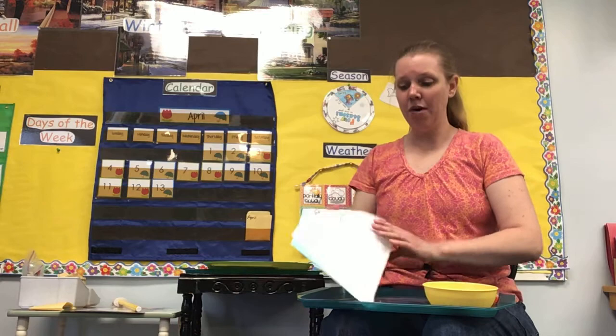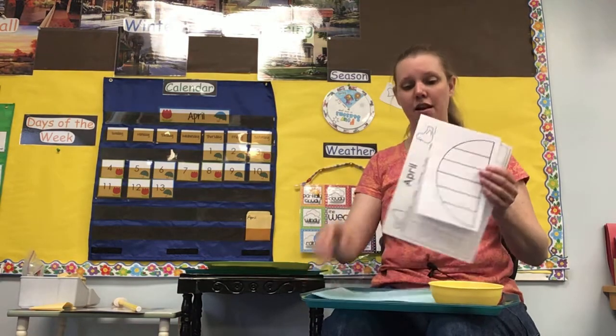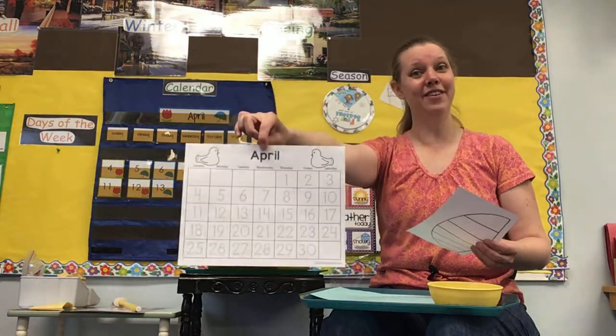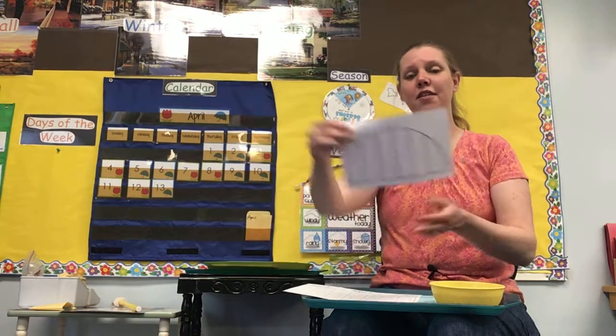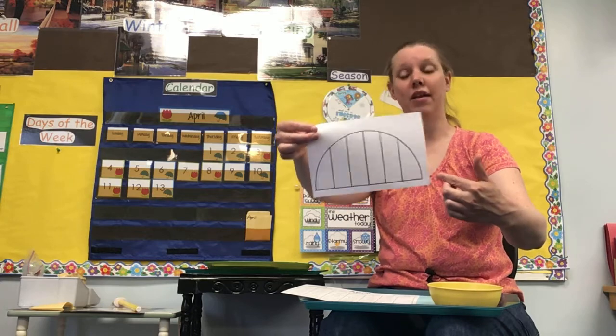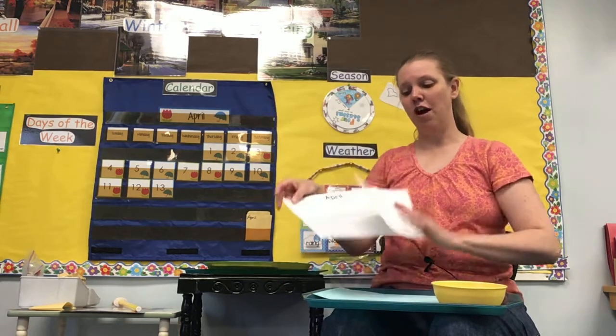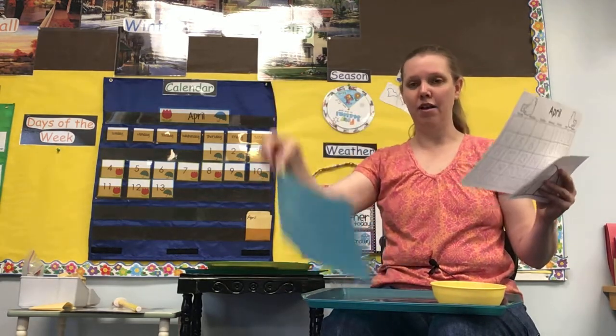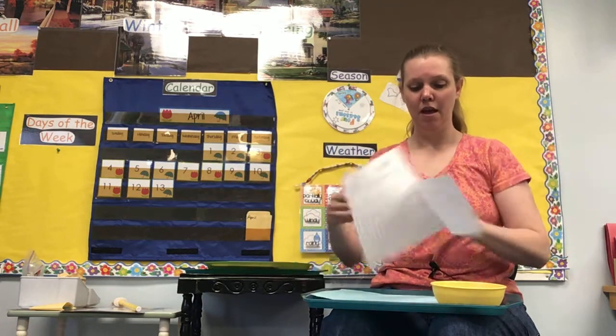In your packet you have an April calendar, right, because it's our new month, and this thing right here. This is going to be the top part of an umbrella, all right? And then you're also going to need another piece of paper. I just have a blue piece of paper. All right,